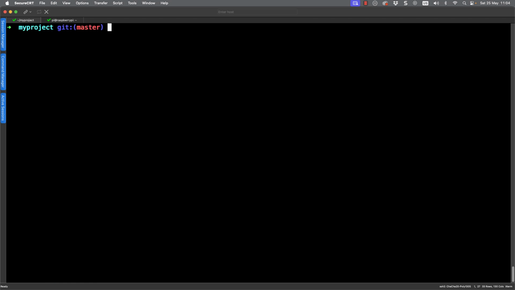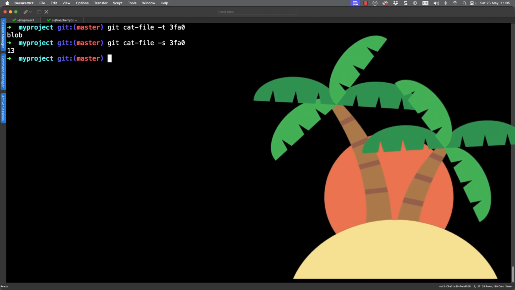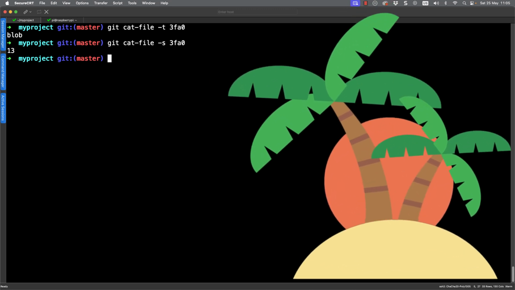So this is looking good. But if I up arrow key now, I could also look at the file type, and it's a blob. So files will be blobs, and we can go through and check its size, and it's 13 bytes. So we can gain a little bit of information of this file, but it's a file, but it's not connected to a tree inside of Git.